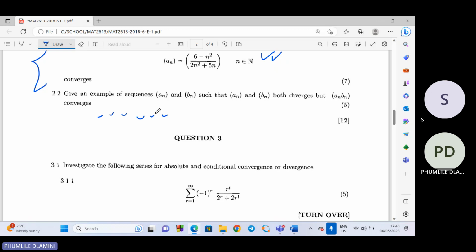I'm going to give you first an example in terms of numbers. If I have a sequence that goes 2, 4, 6, 8, and 10 going onwards, you can see that this sequence does not converge. But if we find the formula for this sequence, we can see that the difference